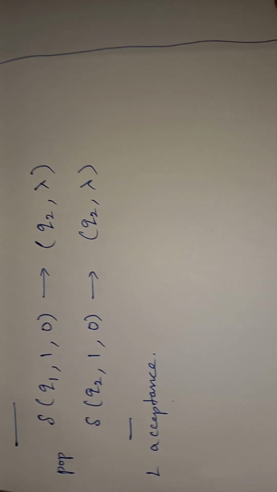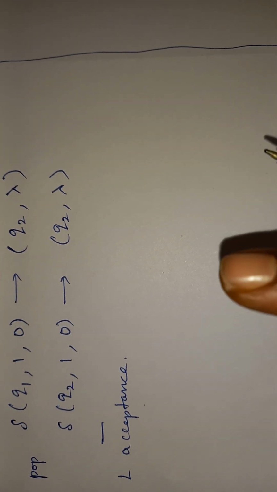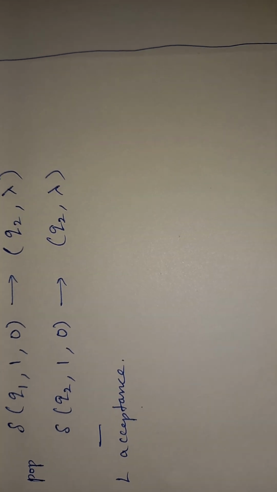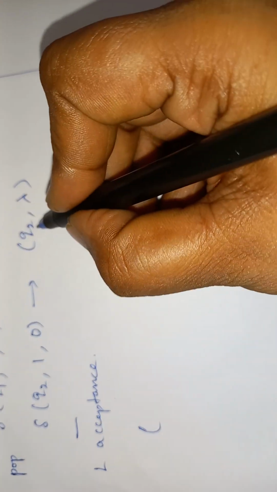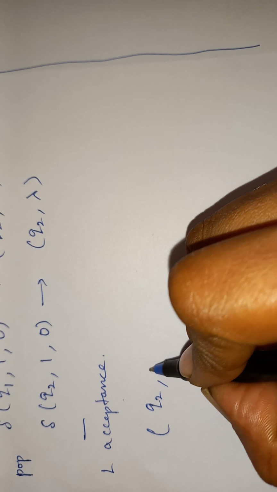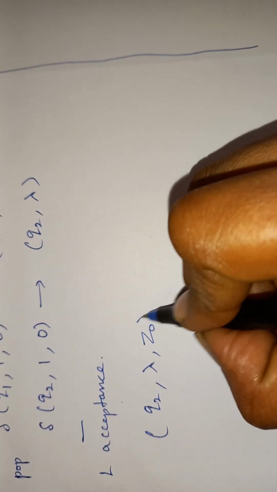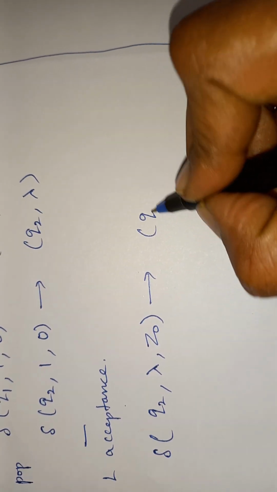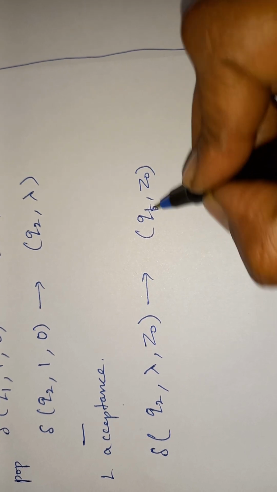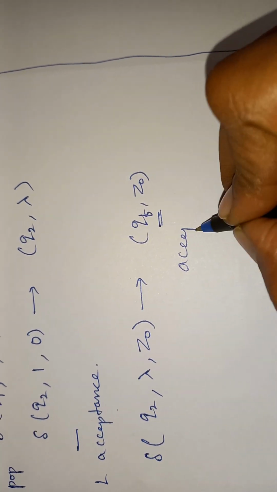Now we have seen in the basics that a language is accepted in two possible ways. One is acceptance by empty stack, and the other is acceptance by final state. So what is the condition? We are in the state Q2. The string should be completed, null, and then what is the next thing? Stack top is Z naught, right? Now where is it going? It's QF comma Z naught. Now what is it called? Final state. So accepted by